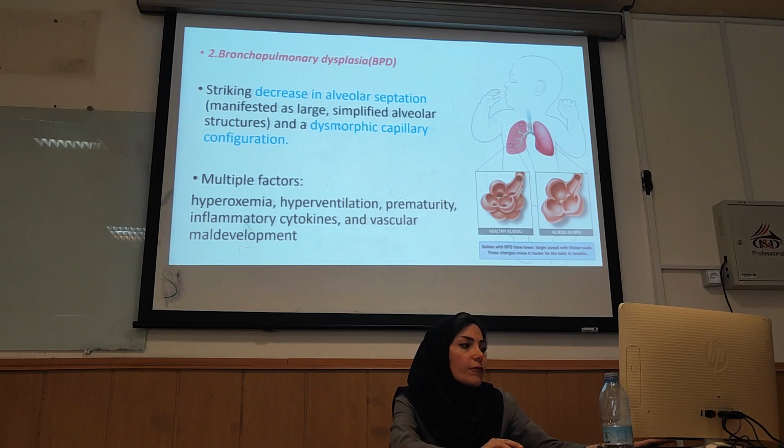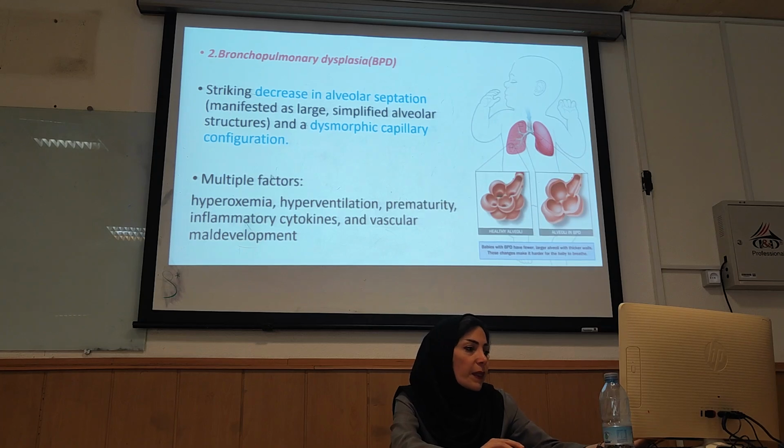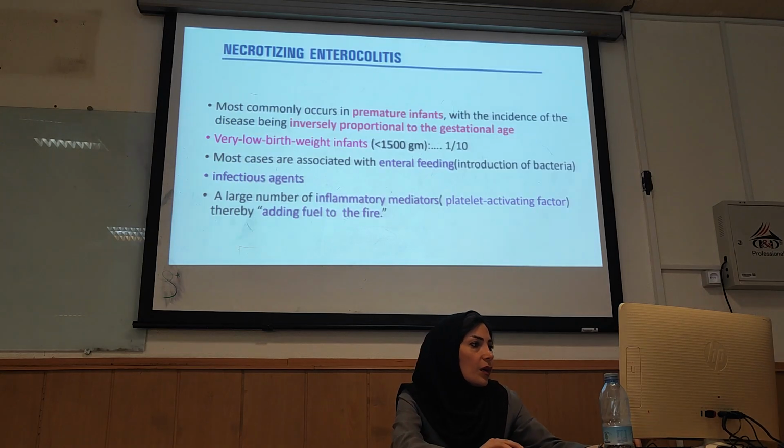So they have simplified alveolar structures compared to normal alveolar structures, and a dysmorphic capillary configuration, and it is another complication of oxygen therapy in RDS infants. Multiple factors such as hyperventilation, prematurity, and inflammatory cytokines are also involved. Okay,